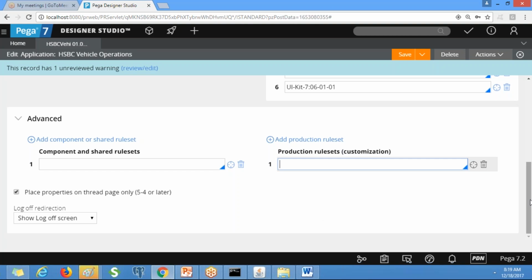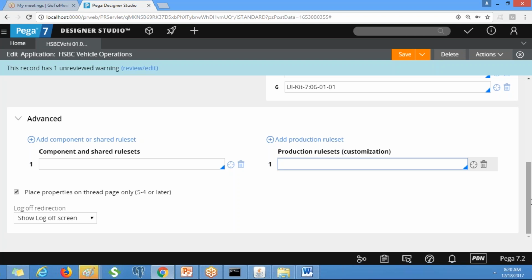Now we are going to delegate one of the decision tables to the business user, the business manager. We have a manager operator, Manager at the rate of HSBC. Now I want to delegate a decision table to that manager operator.